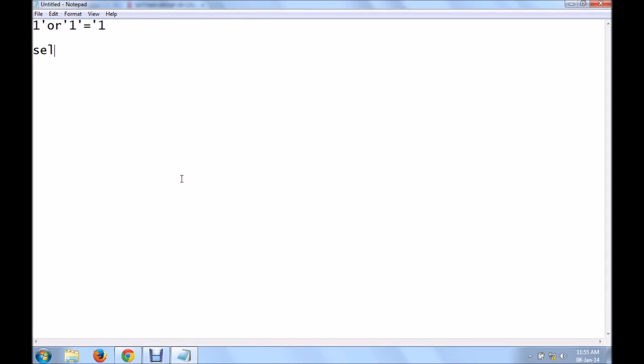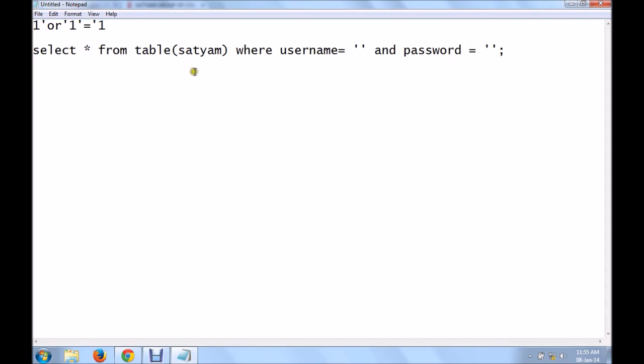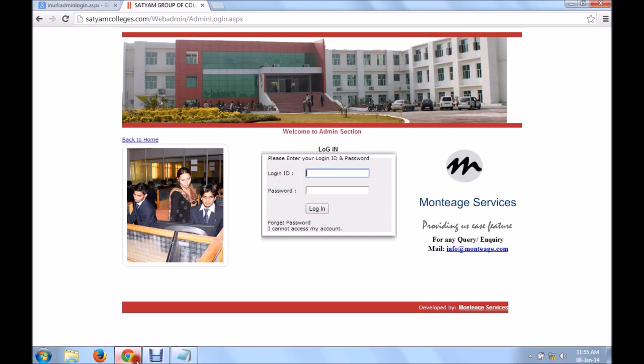That SQL query is nothing but select star from table, let's say Satyam table, where username is equal to this and password is equal to this. Now this is the exact query which is responsible for retrieving any output from this page.